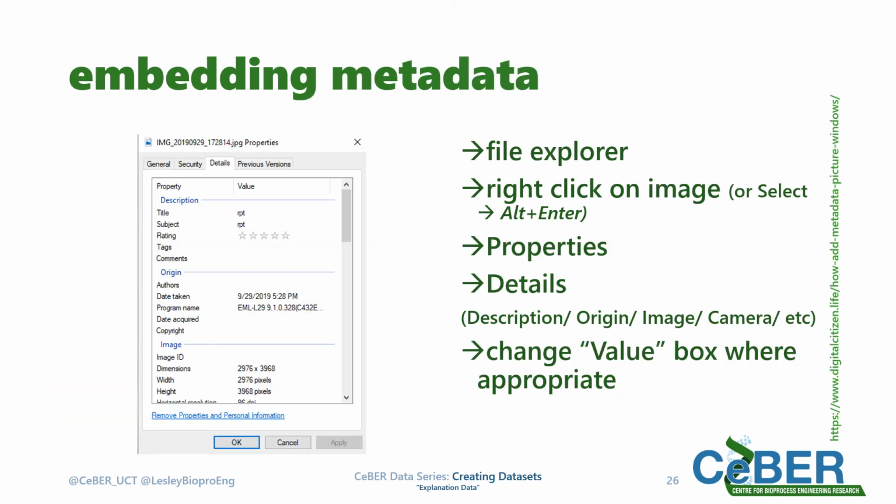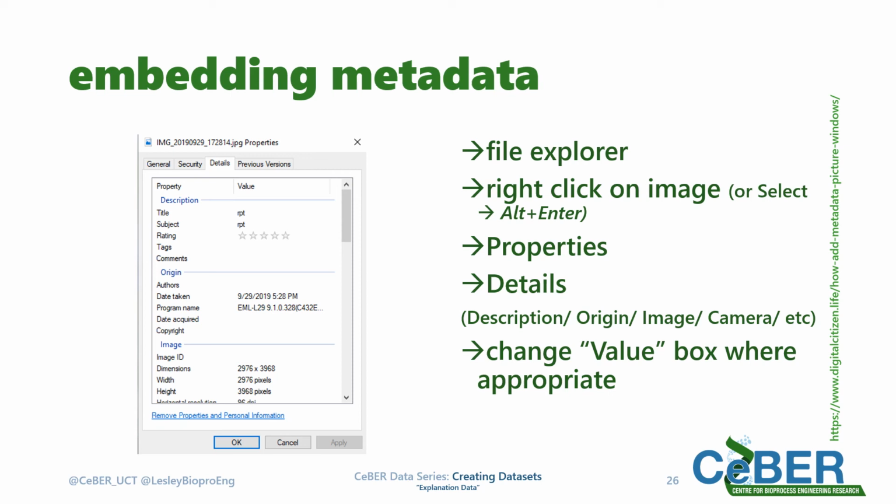And then embedding your metadata. With images, especially photographs, you can put the data in a back file so that it's always attached to that image. And this is a quick explanation of how you do that. And you can look it up online. But you open up a box which looks like the one here, and you can put in things like its title,